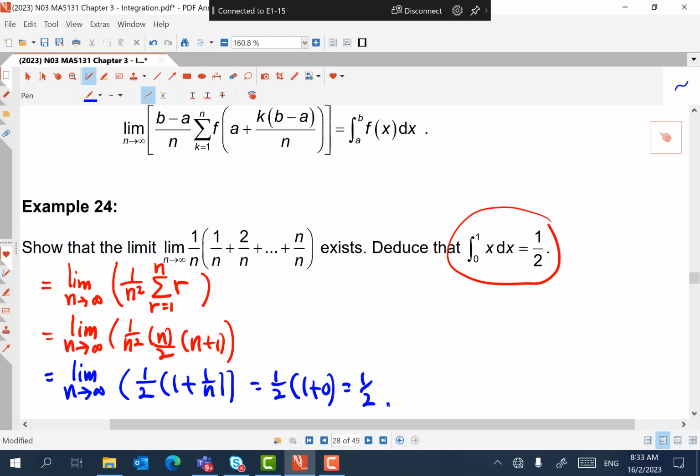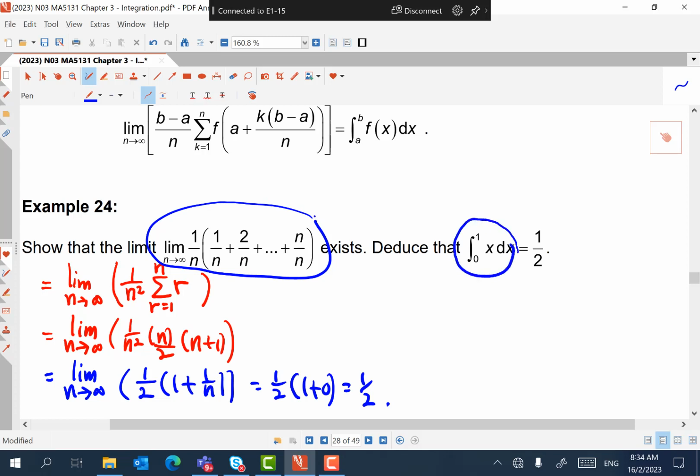and then later on you realize that the limit of the summation is actually equivalent to this. You can therefore say this, because you're able to see the relationship. If you can't see it, all you need to do is